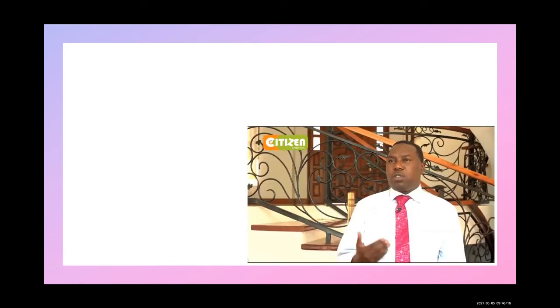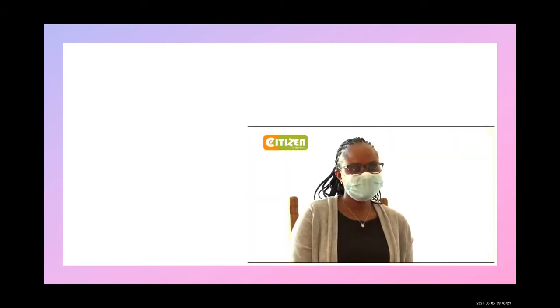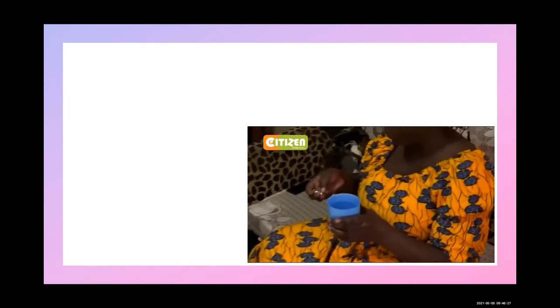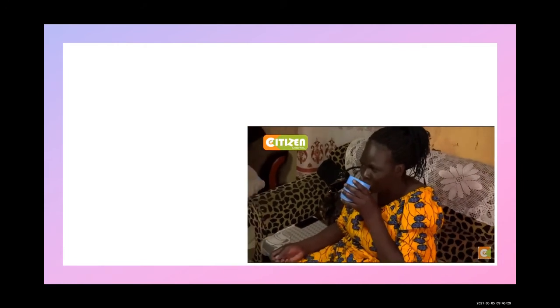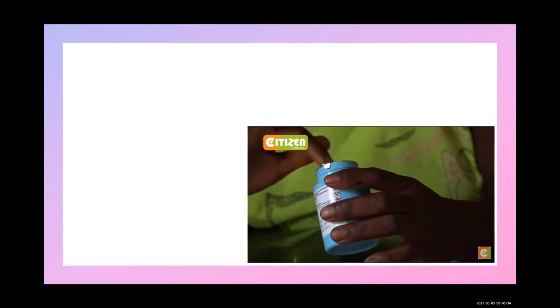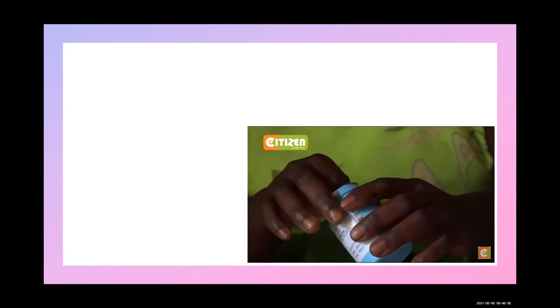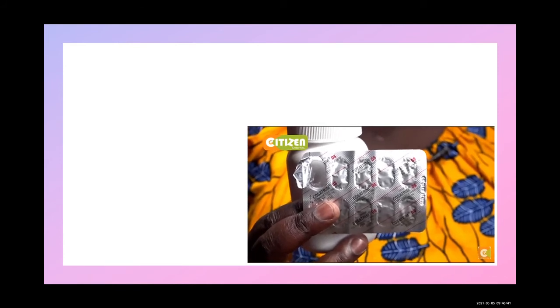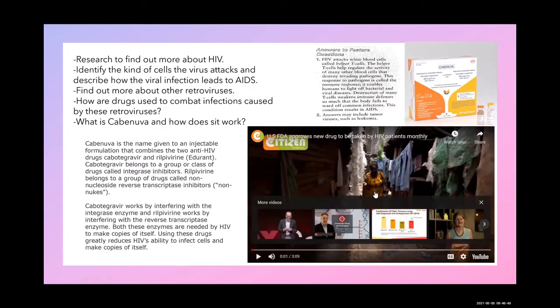First, for you to get to injectables, your viral load must be well controlled. Of course, there's still challenges on children and dosing, but that will come later on. At the moment, a majority of the persons living with HIV are taking one pill daily, which is a combination of 3 other drugs. And while the injectable will replace the daily pills, a HIV-positive person will be required to take other medications that will prevent them from opportunistic diseases. Raquel Muigai, Citizen TV. Your assignment was to research to find out more about HIV, identify the kinds of cells